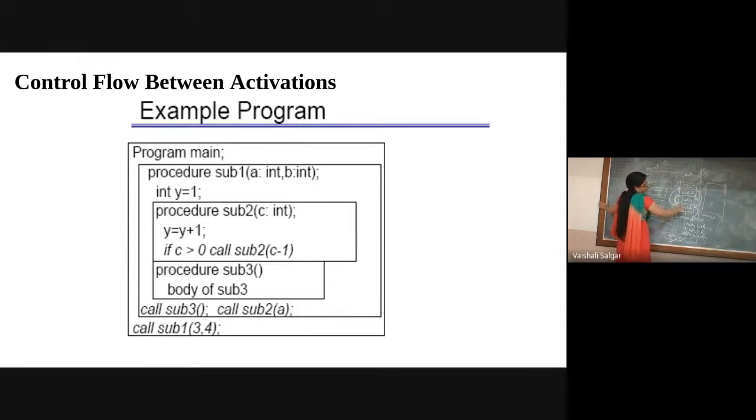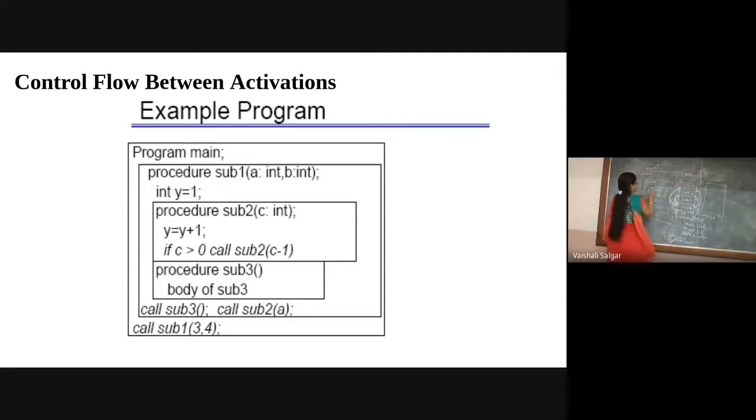So sub 1 is called from M, right? Sub 1 is called from M. So there is a link from sub1 to the M. Now sub3 is called from sub1. So it will point to the activation record of sub1. Now sub2 is also called from sub1. So sub2 is pointing to the activation record of sub1. So my sub3 as well as my sub2 is having an access or dynamic pointer to the sub1. Is it clear? Yes, ma'am.